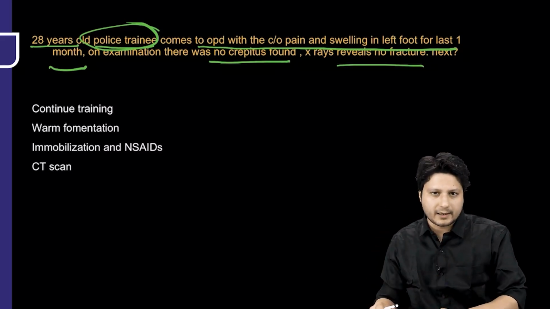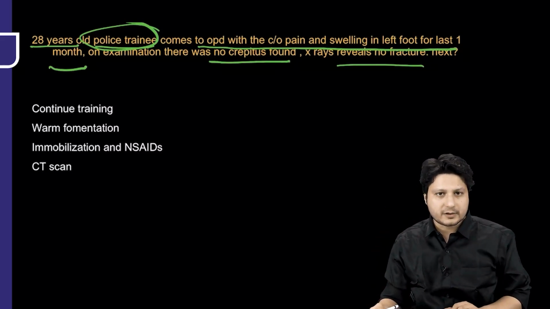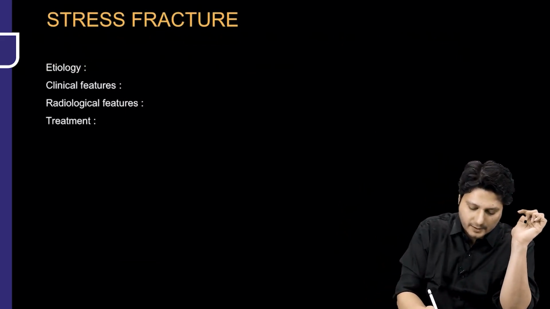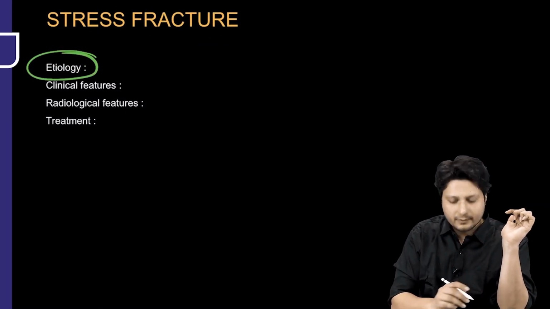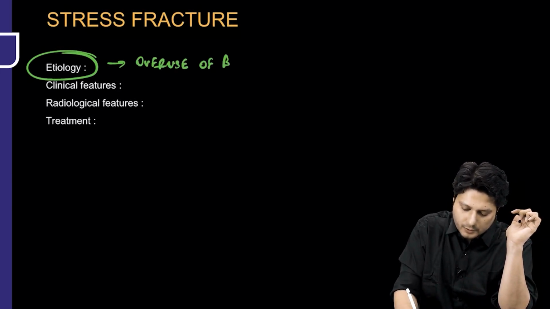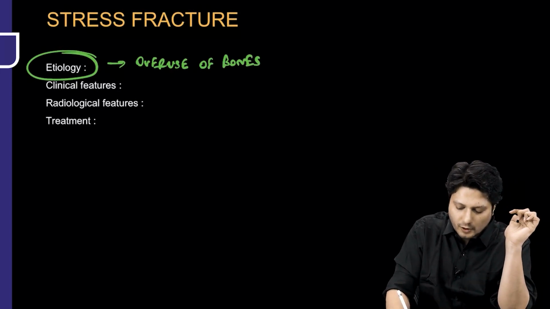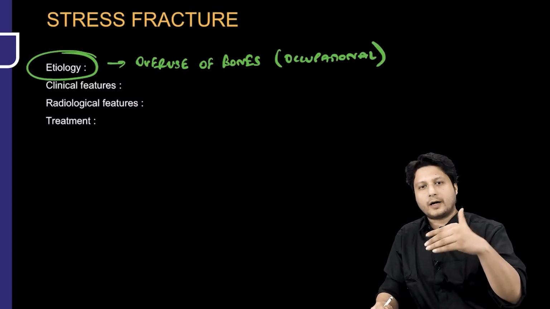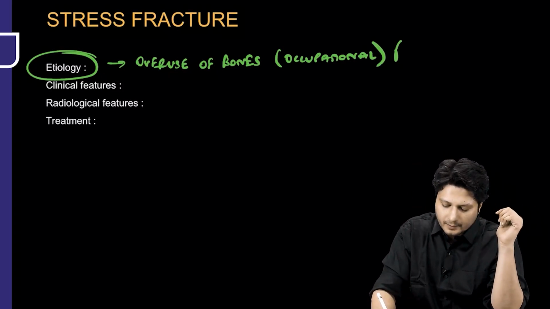What is the topic that we are dealing with? And the topic is stress fracture. So first of all comes the etiology in the stress fracture. You see, the etiology is that when there is an overuse of bones. Now this overuse of bones is mainly occupational, and that occupation is usually that of running, all right,